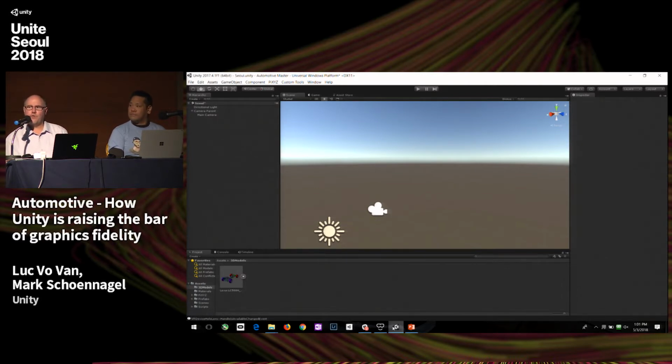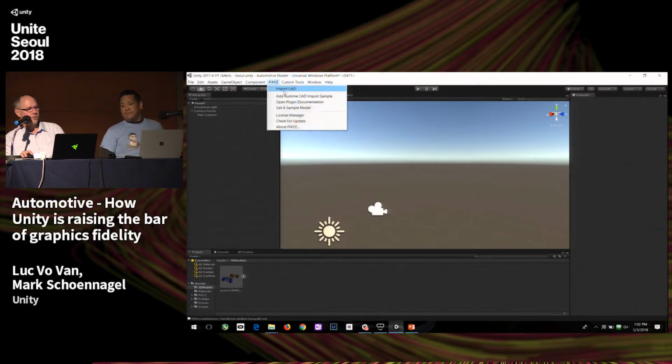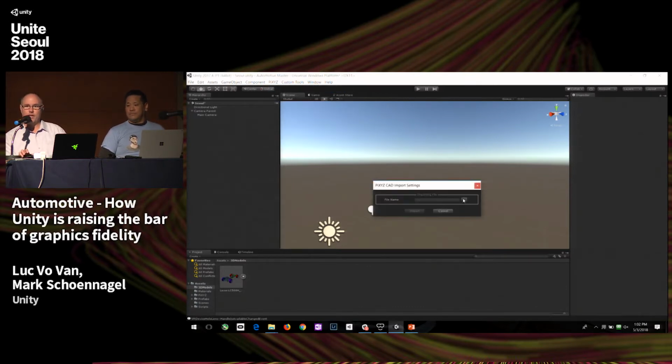Some fairly straightforward things in Unity, but if you haven't actually seen this before, a lot of automotive people haven't actually seen just how easy it is to do virtual reality with Unity. So I'm going to show you how to do that, and then Luke is going to show you some really, really cool stuff with Pixyz Studio and some new material libraries. So to start off, I'm going to show you something I usually don't do, which is loading up a scene,